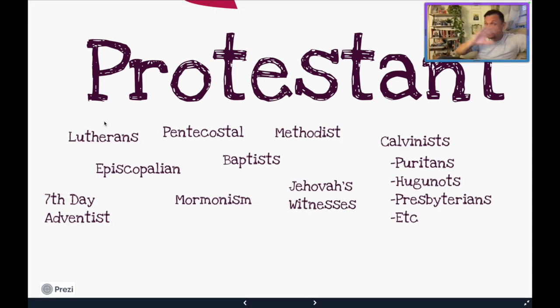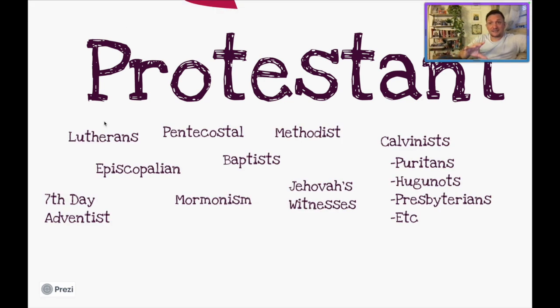For example, when we look at all these different types of Christians that are not Catholic, as you can see, there are a lot more Protestants than there are Catholics, right? In the United States of America, Catholics are very much in the minority, right? There are not that many Catholics compared to Protestants because the founders of the United States of America were Protestant themselves. They were not actually Catholic. Now, there was a heavy amount of Catholic immigrants that moved into the Americas, starting as late as the late 1600s, going into the 1700s. But just so you understand, there's a lot of Protestants out there, right?